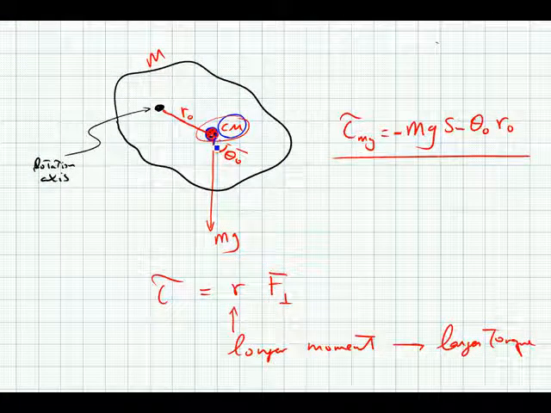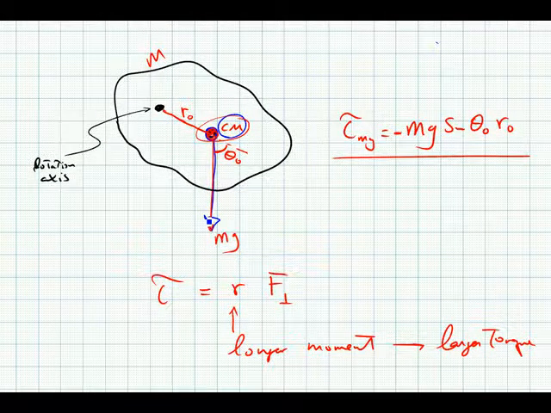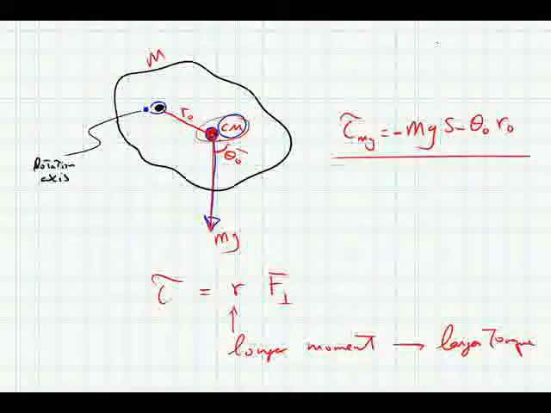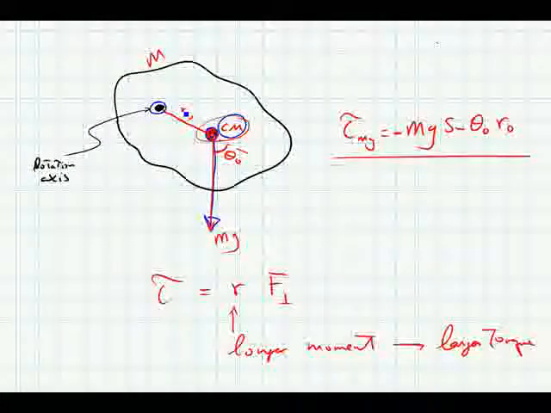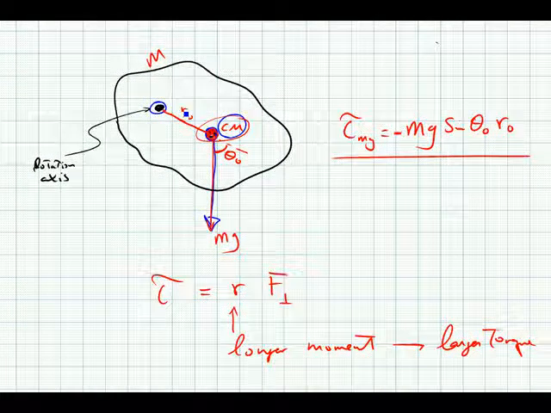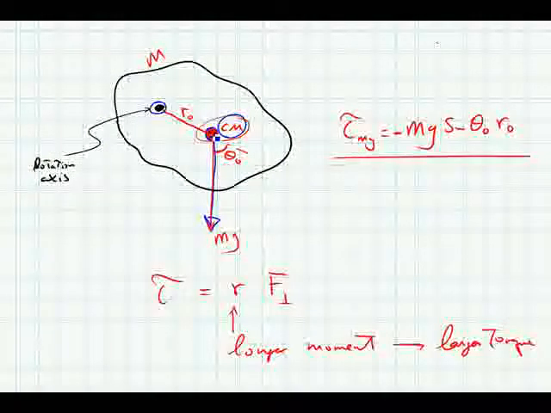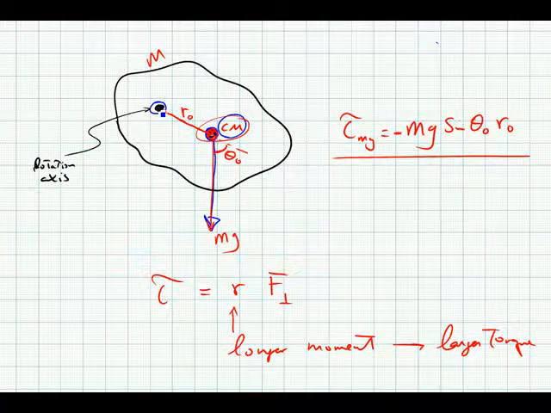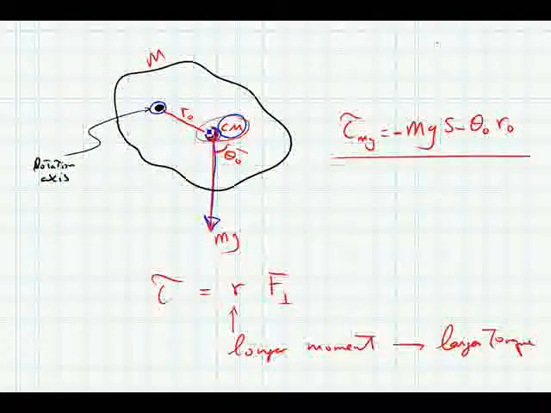So the force due to gravity, mg, will be, if this black dot on the left-hand side is our rotation axis, then r naught, which is the moment arm,